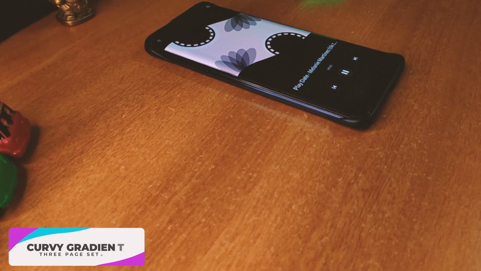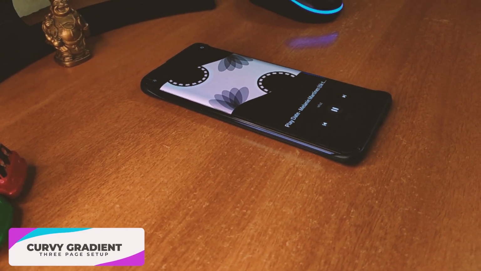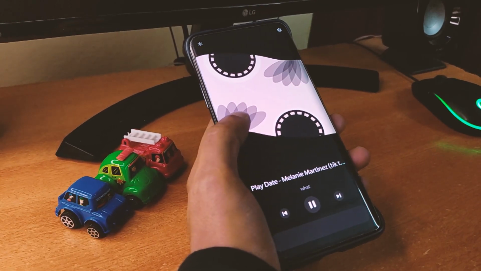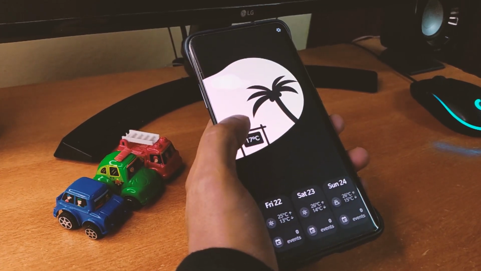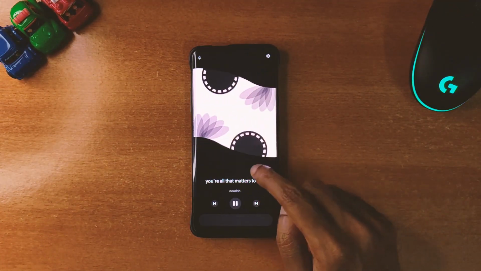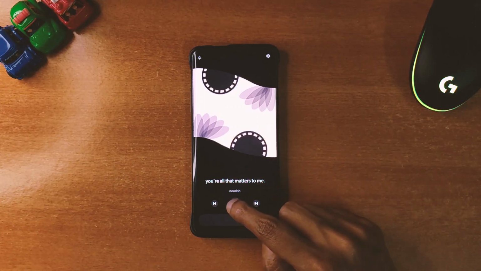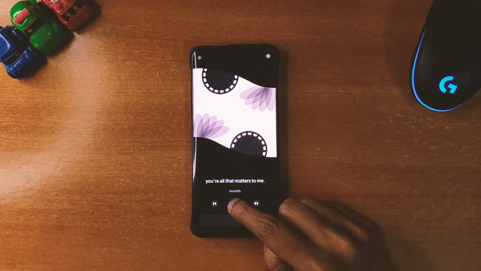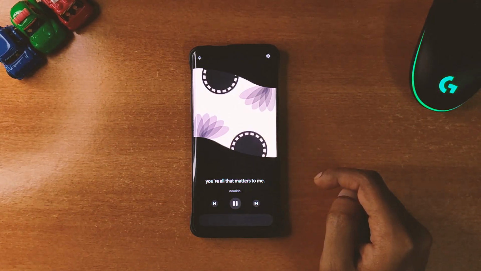The next theme is called Curvy Gradient and it's a 3 page setup as well. This theme has most beautiful animations which looks very relaxing, as you can see. On the first page, you get your time and calendar schedule. On the second page, you get your music player, and on the last page, you get the weather information.